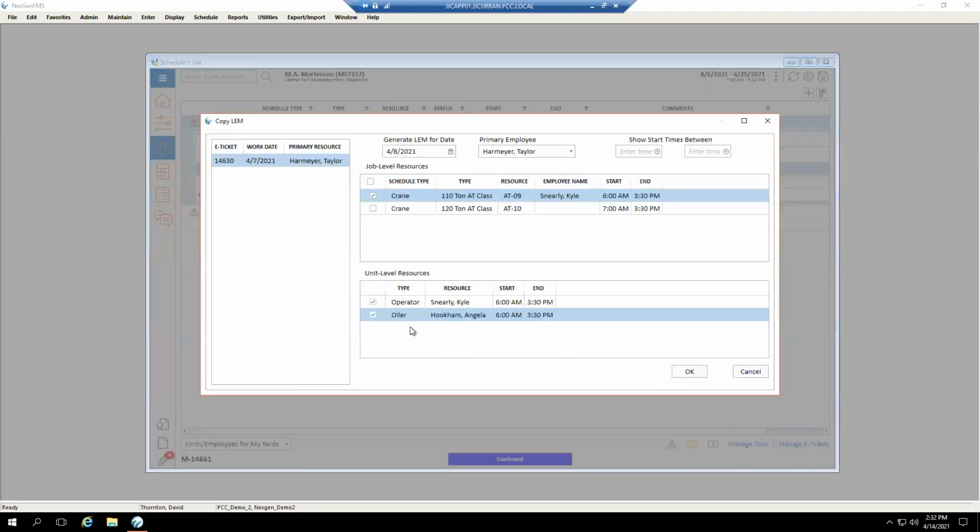If I click on copy LEM, it's going to show any active LEMs that are available within the job, and it's going to set to the first available date. In this case, it's the 8th. And the primary is set to Taylor because Taylor was the primary for the original e-ticket. Again, I have the option to use the filtering of the times, and I have the same level of control here as I had in Generate LEM, where I can make changes as needed. So I can either just keep this as the default and click OK, that's going to generate a LEM, or